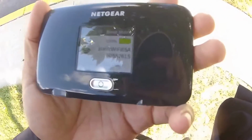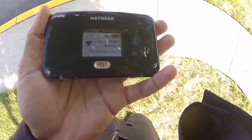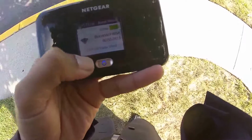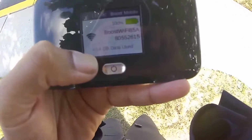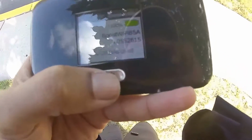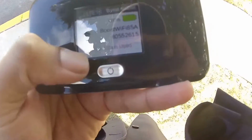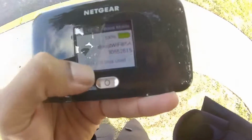Maybe it's going to take another couple weeks, a month. Keep in mind, they don't have an outage. It's a simple glitch, and somehow the data usage is saying that I've exceeded it. Now, I have an engineering background, and I can tell you, I'm pretty sure that someone at Boost Mobile knows how to refresh this data, at least as a quick fix, so that my data allowance will be 20 gigabytes, right? It's a simple number. Change my data allowance so that at least I can have the service,